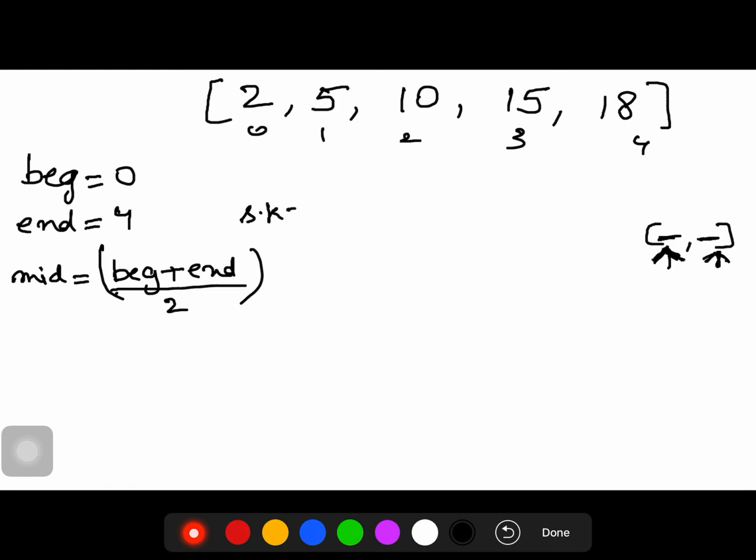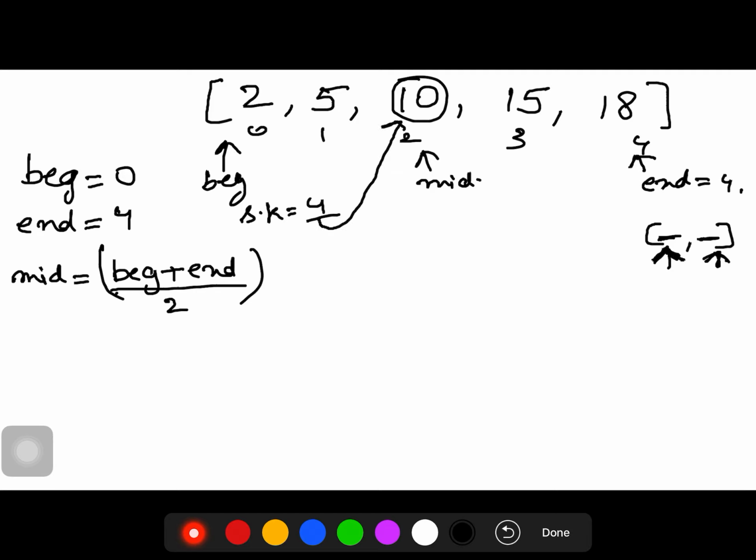Suppose we are searching for an element which is 4 in this list. Beginning is pointing to 0, end is pointing to 4. Now we have calculated mid: 0 plus 4 by 2 gives us 2. Now mid is referring to this element. Firstly the search key will be compared with this element.